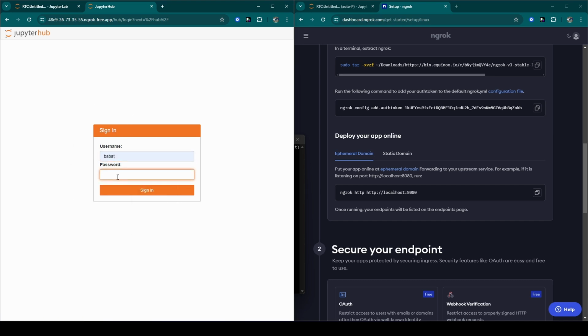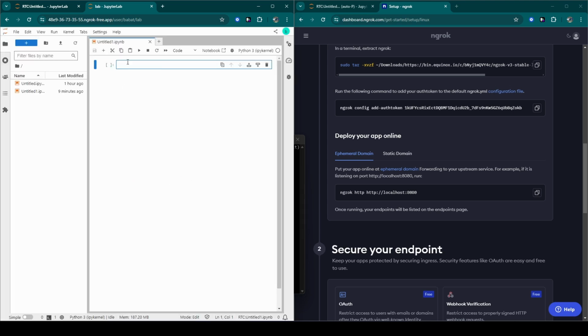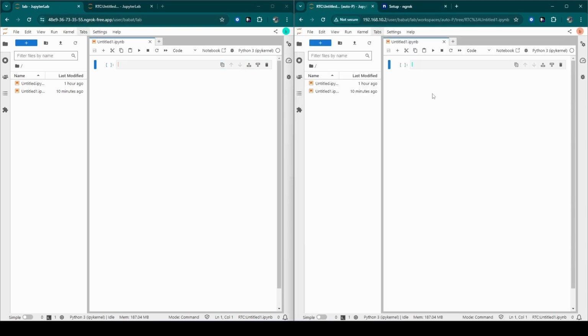If we log in, now we will see JupyterLab on the internet. Here is the local server and here is the one from the internet. We can type Dimas and we also see Dimas edited on the localhost.